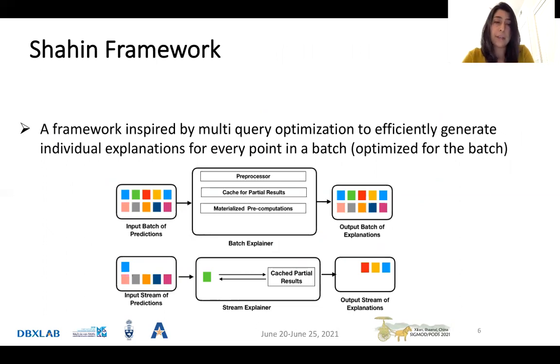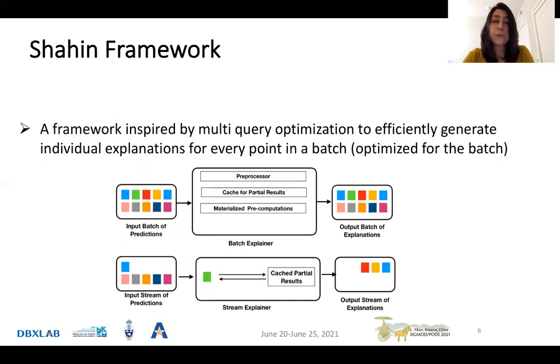In our framework, the input is a batch of data points with their predictions, and then through the explanation process, we do some pre-processing and utilize caching of partial results, materializing some pre-computations, and other database techniques to generate explanations more efficiently. And then we output all of the explanations of the given input batch together.